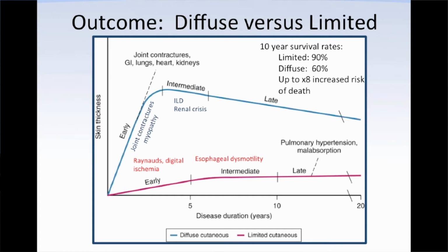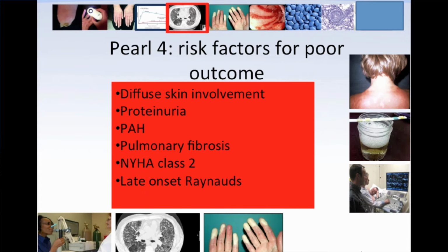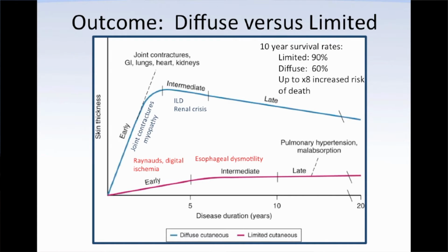So why am I interested in this, and so what? When you're describing the difference between diffuse and limited, it is really quite important, because as you see here in blue, this blue graph shows skin thickness, which the blue line depicts diffuse systemic sclerosis. And these patients get really tight, thick skin early on in the disease. They get joint contractures because their skin's contracting and they cannot extend their fingers. But this happens early on in the disease. They also get gastroesophageal, gastrointestinal involvement, lung involvement, heart involvement, and kidney involvement. And it's the kidney involvement right at this early stage of disease that can cause problems with mortality. Whereas the limited systemic sclerosis have a more benign course that's really gradual thickening of the skin,